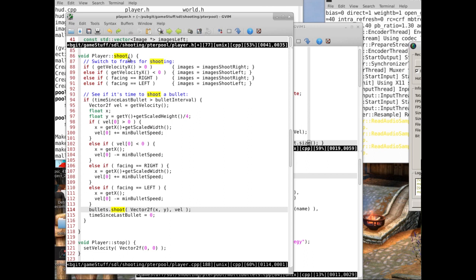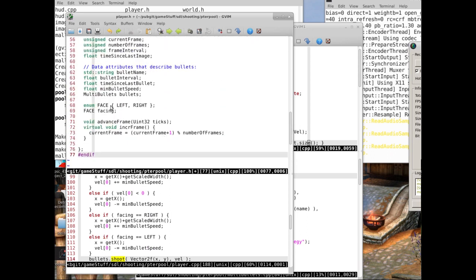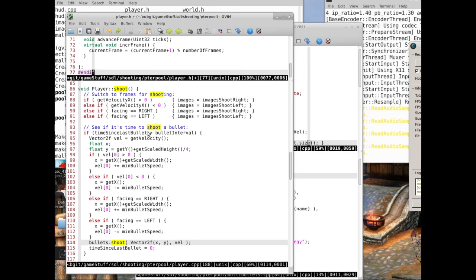If the pterodactyl is shooting, then I got to use those, okay? So he's either going to be shooting right or he's shooting left. Now, I use this facing enum. So I have an enum facing up here. Where is it? Right here. And the reason I needed that, and you may be able to think of a better way to do this, is that when the pterodactyl is